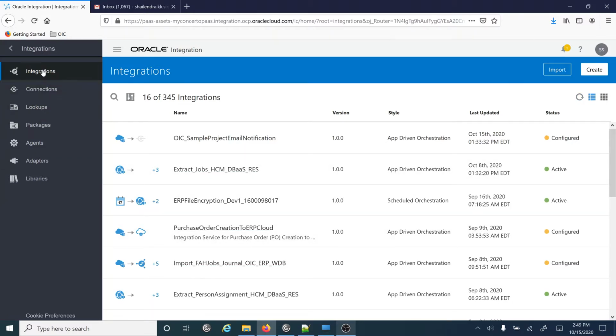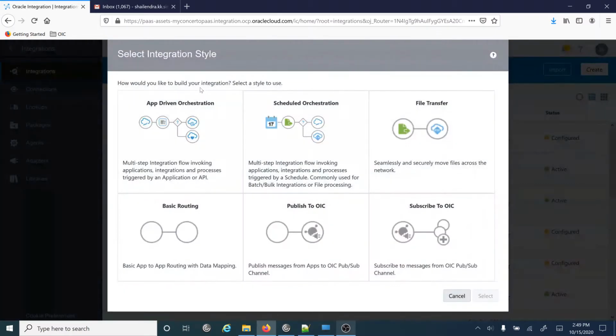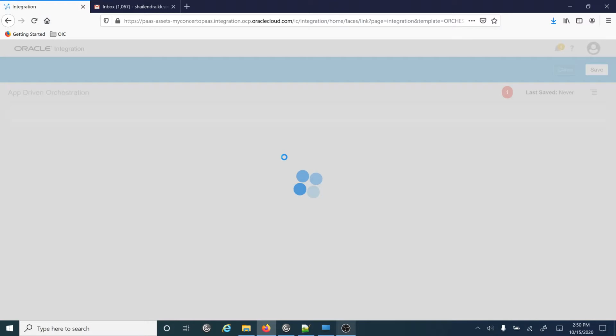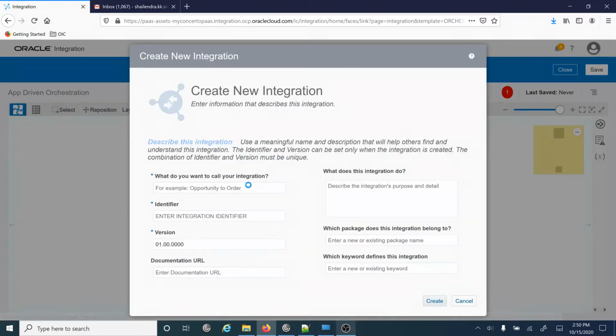from there you need to click on the integration, then you will get this screen. And here if you see, we have a button like create, so click on the create button, and from here we need to select the integration style. I will select the app driven orchestration and click on the select button, and after that we need to provide a few pieces of information. So like